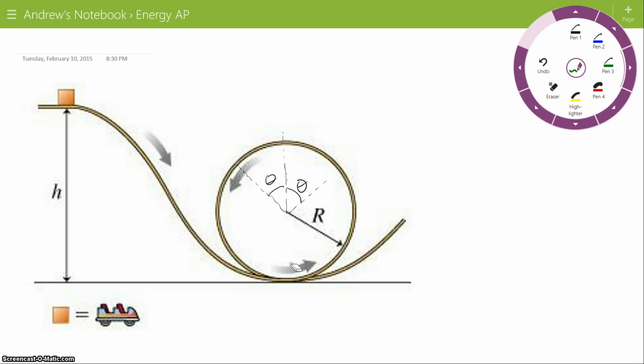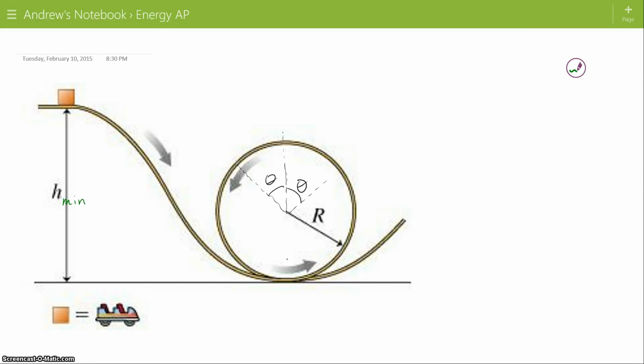Okay, so a couple of things. I'm going to say that this is the minimum height. Okay, so we're going to call this H minimum over here. And that tells us a couple of things about this point. I'm going to call this point A. I'm going to call the point that the block would enter free fall point B. And at point B, or sorry, let's say at point A, assuming there was a track,